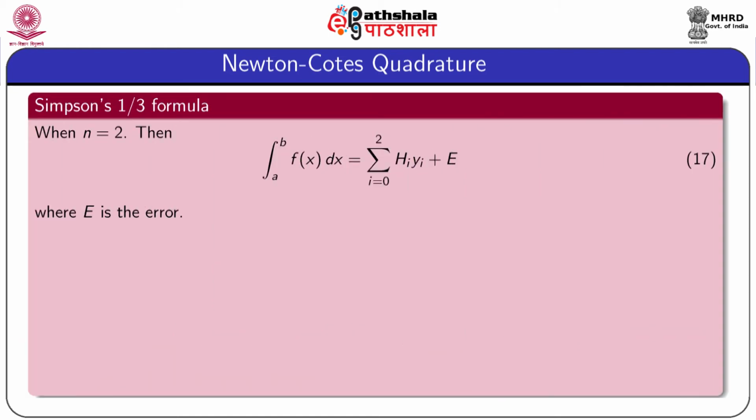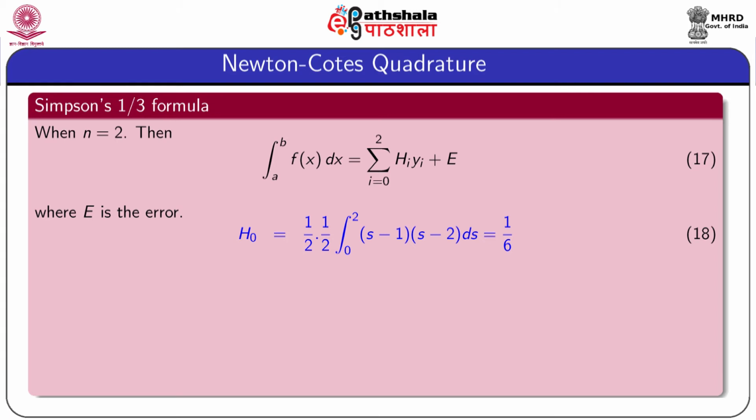Now, we consider another case of the Newton-Cotes quadrature formula. When n equal to 2, the corresponding formula is known as Simpson 1/3 formula. In this case, the integration from a to b of f(x) dx is equal to the summation i equal to 0 to 2 of hi into yi plus E, where E is the error and hi are the Newton-Cotes coefficients or Cotes coefficients determined